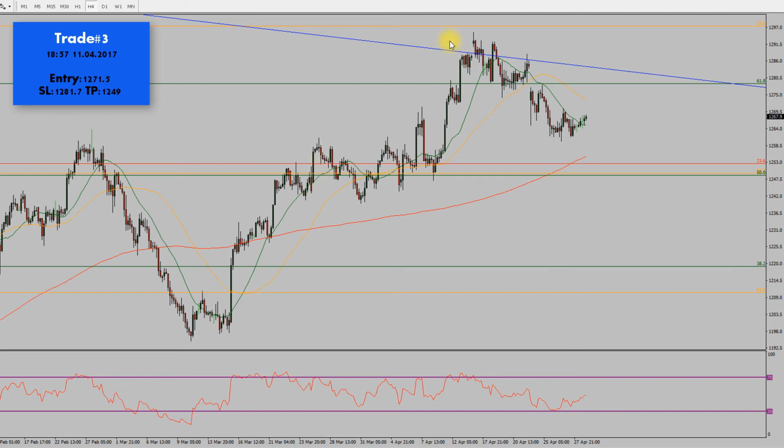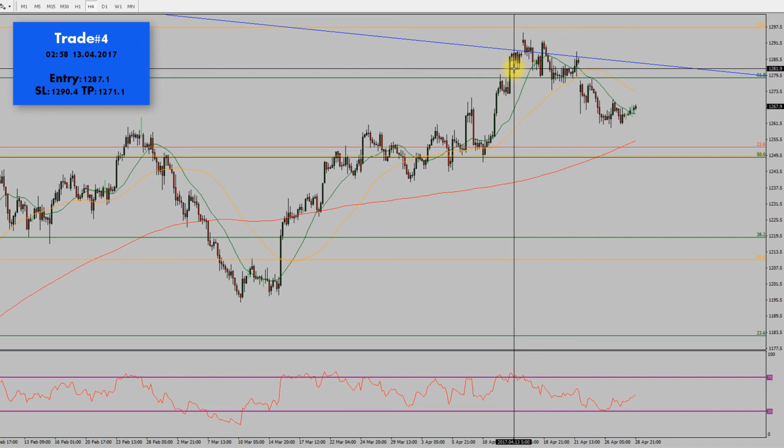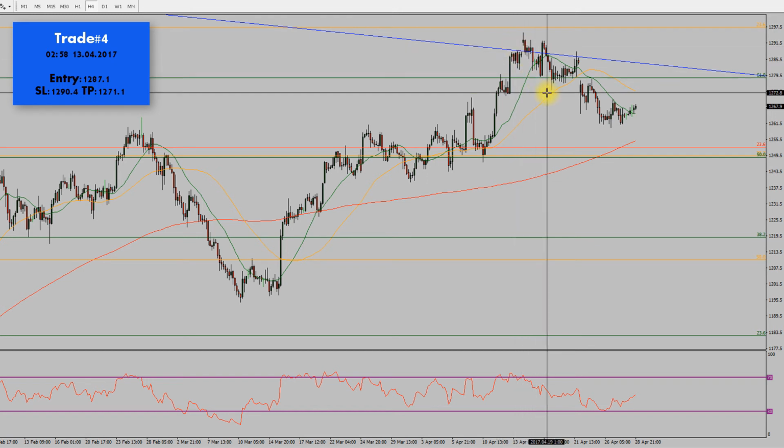It's worth noting that this bearish RSI divergence is still active. Prices continue to make higher highs, RSIs continue to make lower highs, and that had a bearing on the winning trade that we took, which was trade number 4 and 5. Trade number 4 was at 2:58 AM on the 13th of April, the day before Good Friday. We went short at 1287.1 with our stop at 1290.4 and a target of